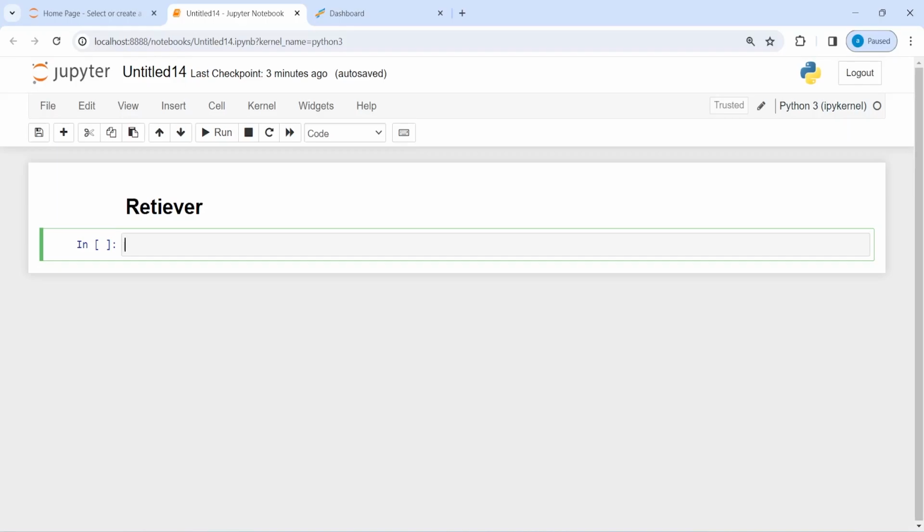The role of the retriever object is to efficiently search and locate the most relevant documents from the database based on a given query or question. In this video, we will load a text file, create an embedding of that text file, store it in a vector database, ChromaDB, and then we will use a retriever to retrieve relevant documents from the database based on the given question. Now let's import all the libraries from LangChain